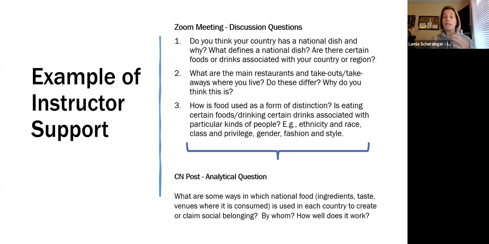So we can discuss that in person or in our Zoom session. And then I'm going to take it outside of the class by then posting on that course networking I mentioned, or CN Post, so they can kind of take it to that next level. Okay, so I'm providing a support in the synchronous session and then giving them a little nudge for that asynchronous session.